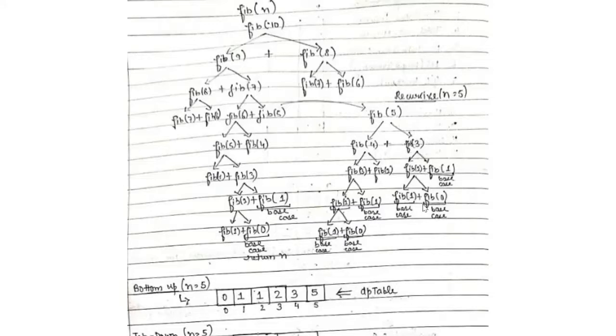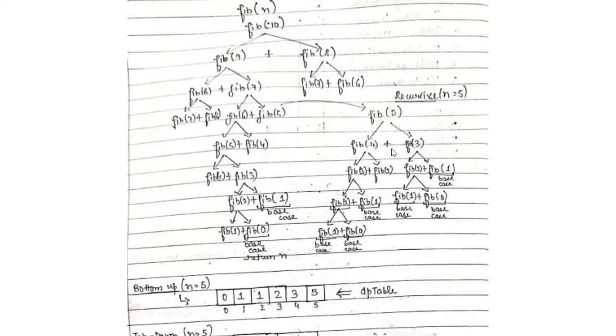So what do we do? We just store the values of all these overlapping subproblems. The jargon we use is that these subproblems are called overlapping subproblems, because these subproblems overlap. This Fibonacci 2 and Fibonacci 1 are overlapping between Fibonacci 3 and Fibonacci 4, and hence these are our overlapping subproblems. So we can see, yes, this is the point where we need to optimize, because this is the extra work we are doing in this recursive algorithm.